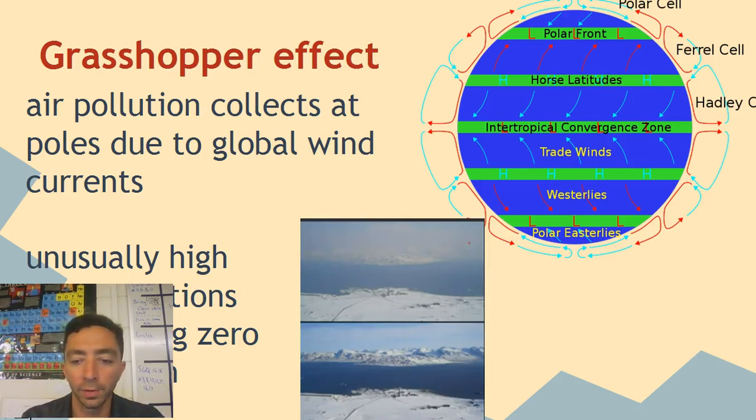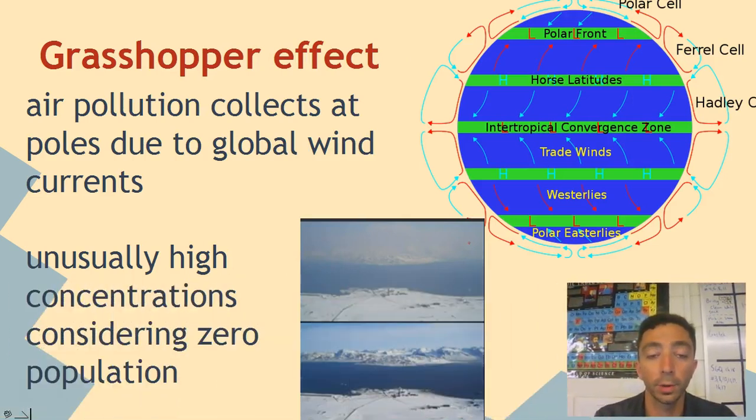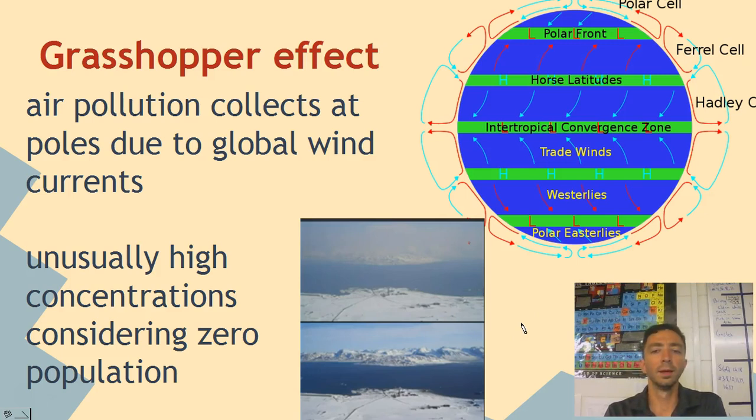The grasshopper effect. This is the only slide we're going to get on this, but it's an interesting thing. We've talked about these global climates before and how the air currents move throughout the world through the Hadley cells, the polar cells, and the Ferrel cells. The interesting thing is up in Antarctica, and especially in Antarctica, researchers realized that there's a really high amount of